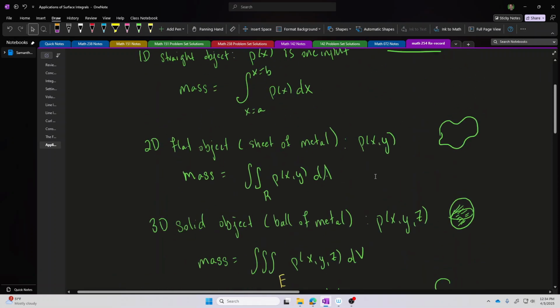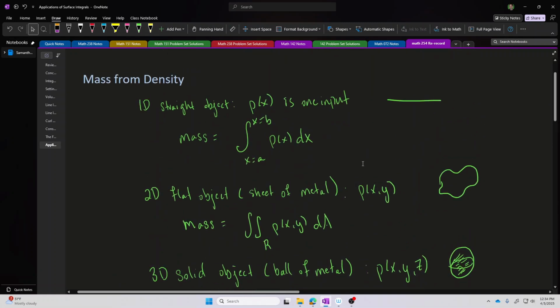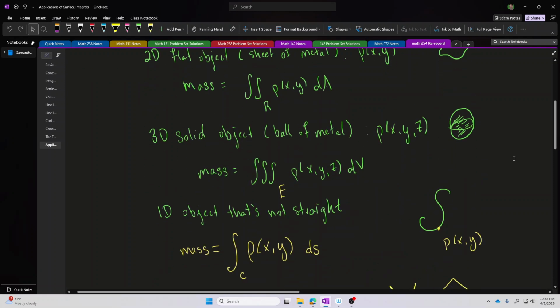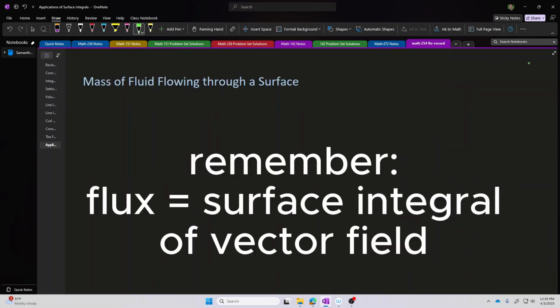So each of the 5 different kinds of integrals that we've learned about in calculus so far can be used to calculate masses of differently shaped objects. Flux integrals can be used to measure heat flux through a surface, and likewise they can be used to measure things like electric flux, magnetic flux, if you're taking, for example, like physics 3.